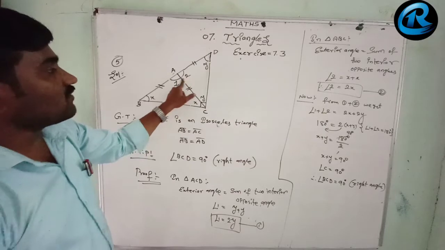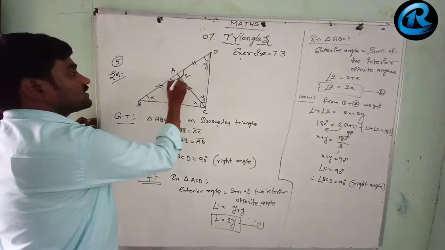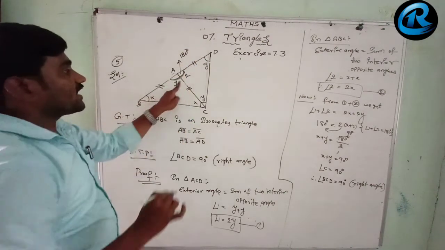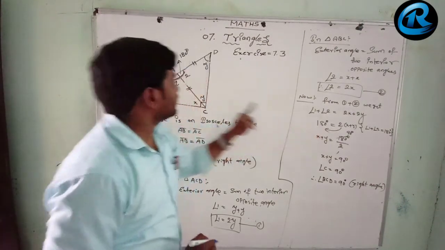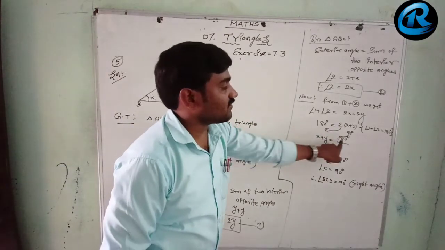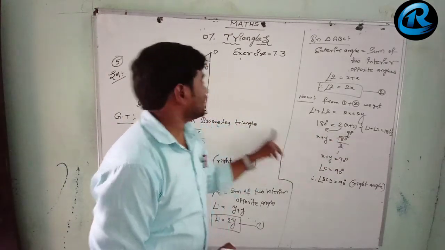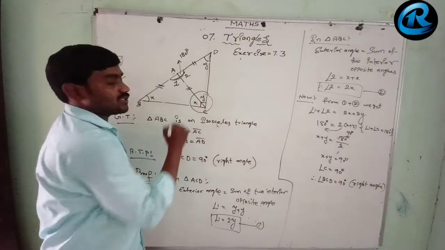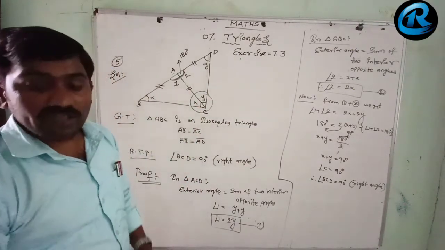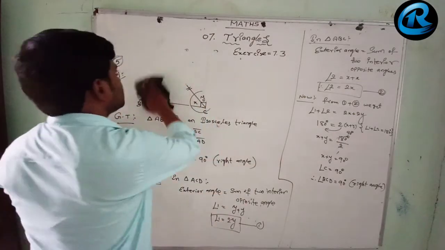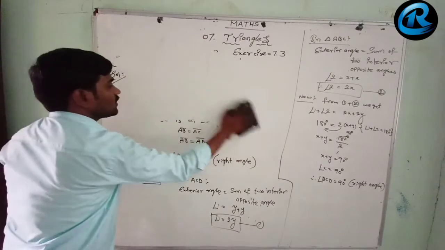So angle 1 plus angle 2 are linear pair angles. Linear pair angles always give us 180 degrees. So angle 1 plus angle 2 equals 180 degrees, and that equals 2x plus 2y. Take 2 out common and transfer it to this side. 180 by 2 gives us 90 degrees. That means x plus y. Add this angle x and angle y, and that gives angle C. So it will be 90 degrees. Angle x plus y equals 90 degrees. It is very simple, try it once.